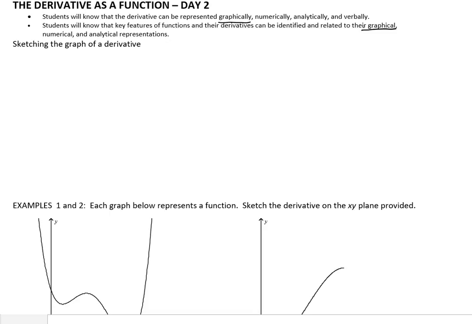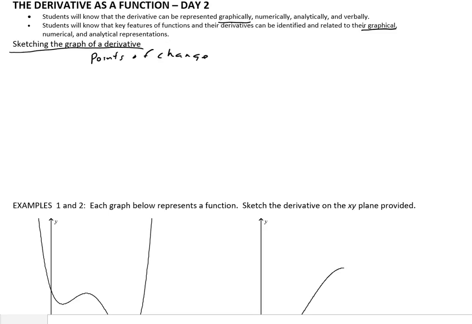And of course, again, today we're going to do mostly graphical. So if we have the graph of a function, we want to sketch the graph of a derivative. So sketching the graph of a derivative. And in a minute, we're going to take these two functions down here and sketch the graph of the derivative. Okay? When we're sketching the graph of the derivative, we estimate certain values. And points of change